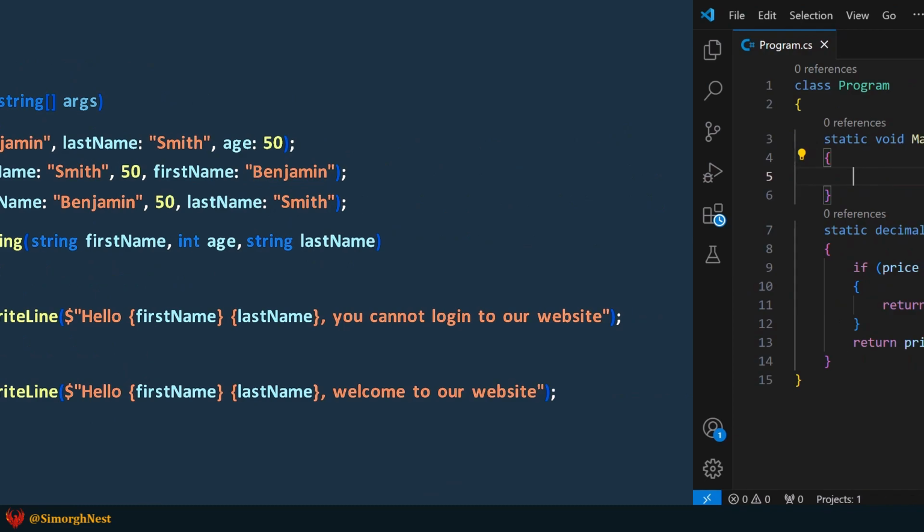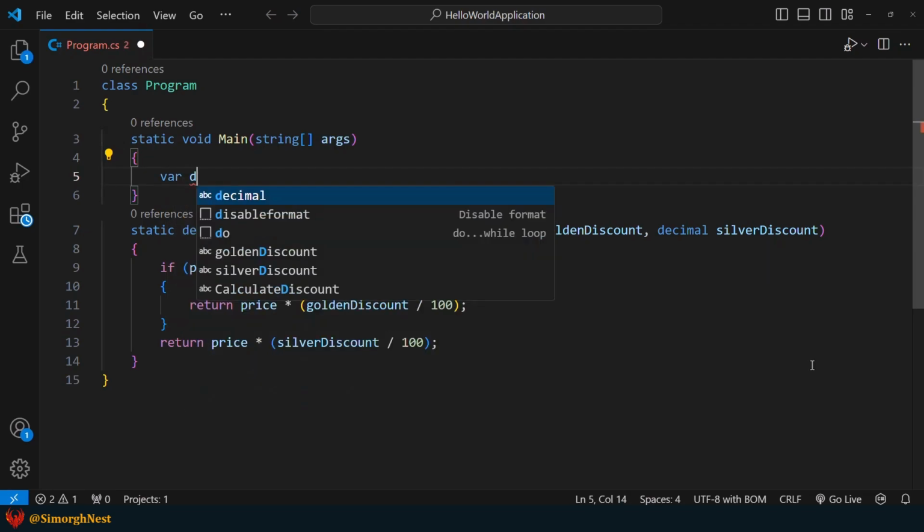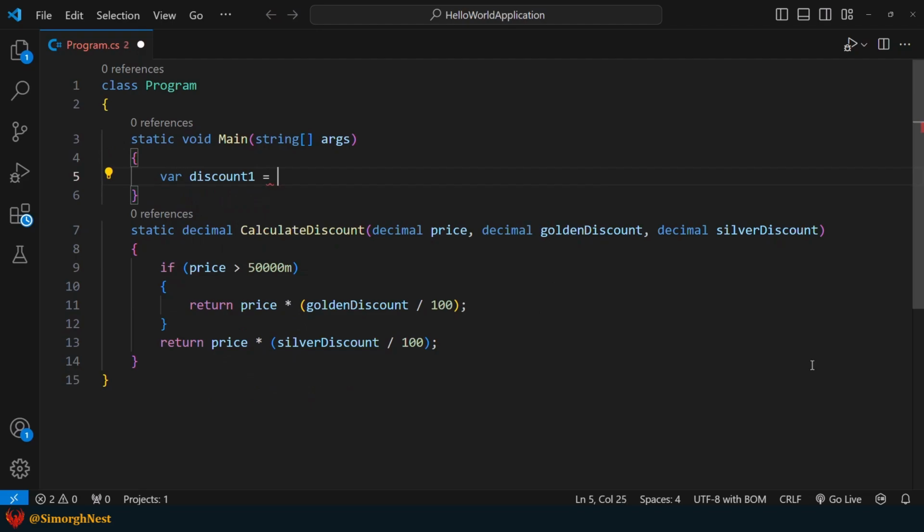Alright, let's dive into VS Code and see named parameters in action. In this example, we calculate the discount based on the price. This method has three parameters. First, let's call the method using positional arguments.